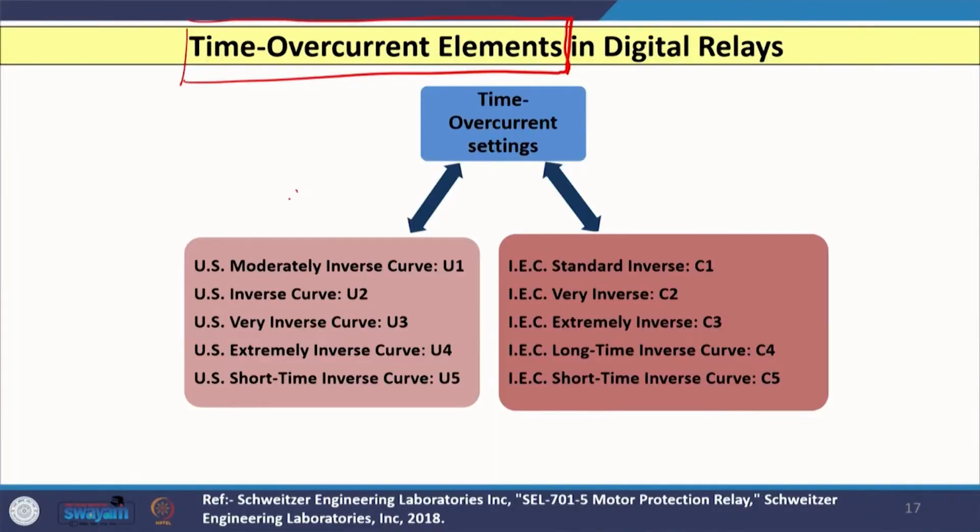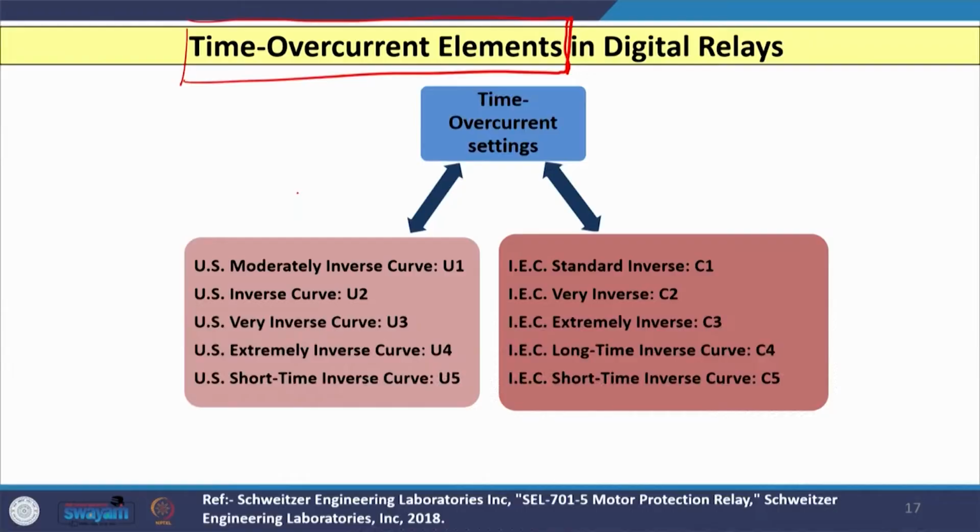So, if any short circuit occurs, then that can be protected using time overcurrent elements. Here, protection can be instantaneous or it can be time delayed. So, let us see how this can be done. In a digital relay, time overcurrent element settings are normally given in two groups. So, group 1